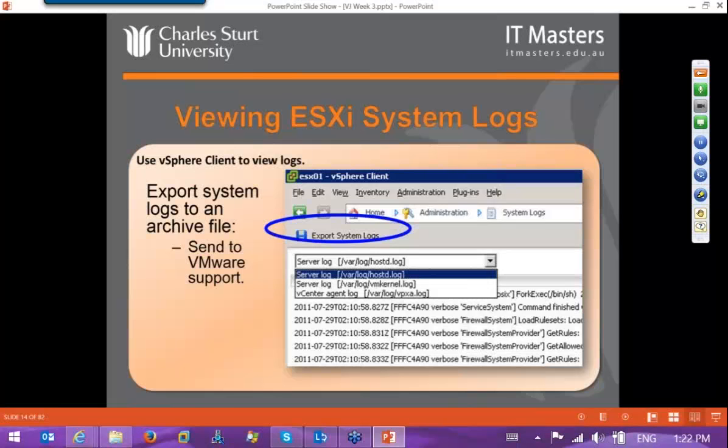Viewing the ESXi system logs. This is also important. Why? If something goes wrong, if you can't connect to your environment, all you have to do is go to your administration. From your administration system dashboard panel, click on system logs, and from there, if you press export system logs, you can download the log and send it to VMware support or to your VMware administrator. I hope you will not face any issues, but if you do, this is one of the most useful options